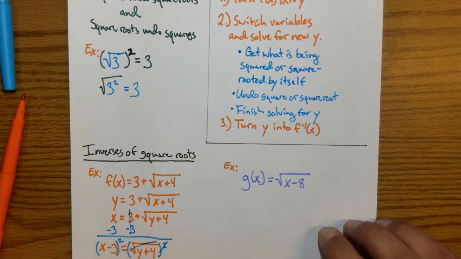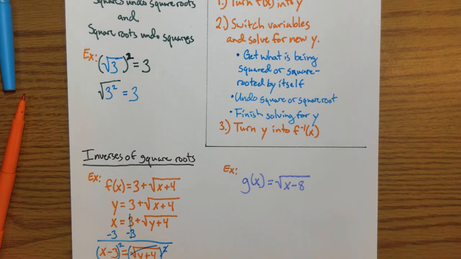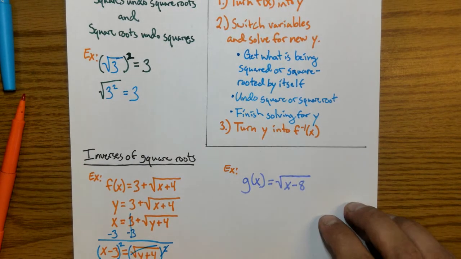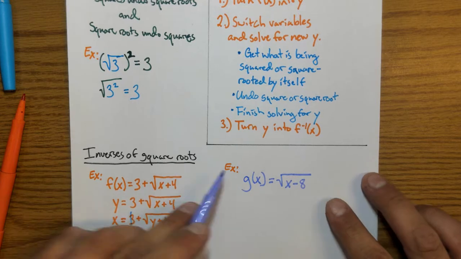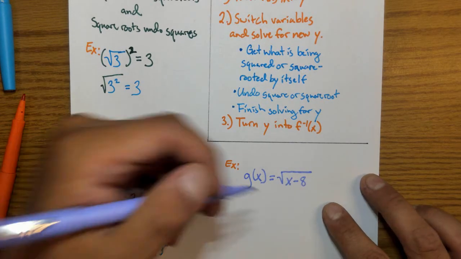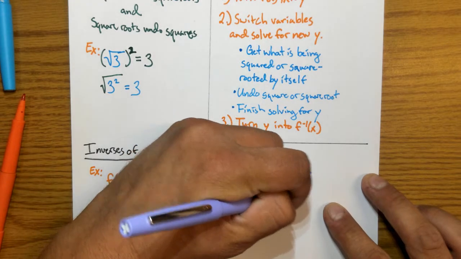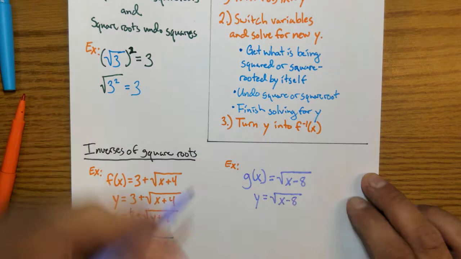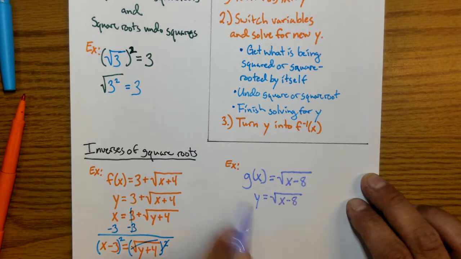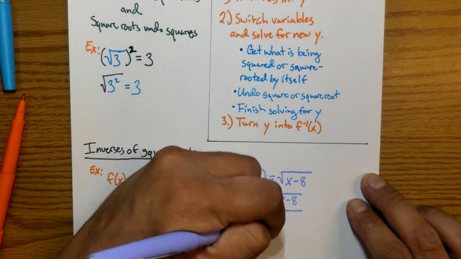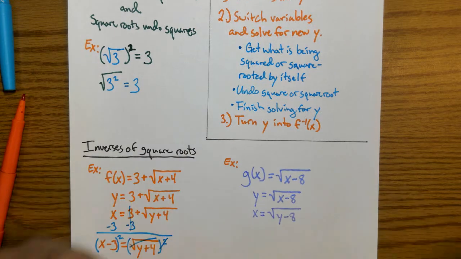So let's go through these steps again. And when we get into the blue steps, we'll notice a slight difference here. So again, first turn f of x into y. In this case, it's g of x. So just g of x equals y. So y equals the square root of x minus 8. Switch our variables. Y becomes x, x becomes y. And now we need to solve for